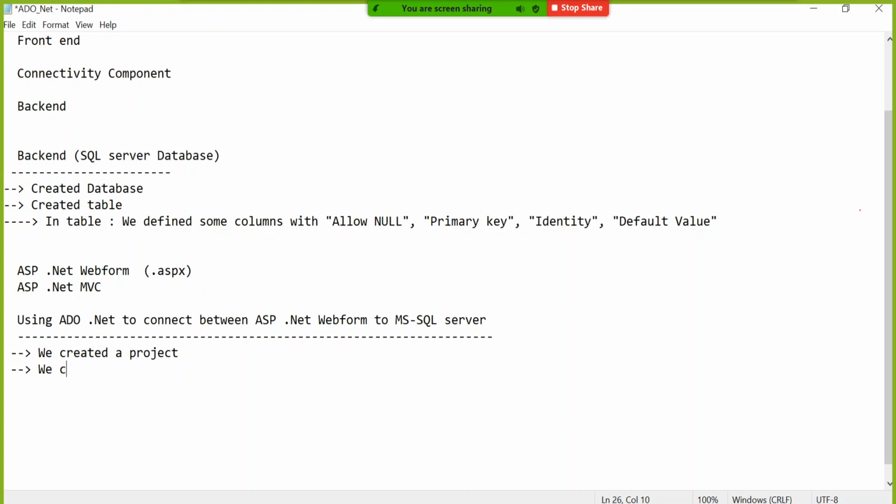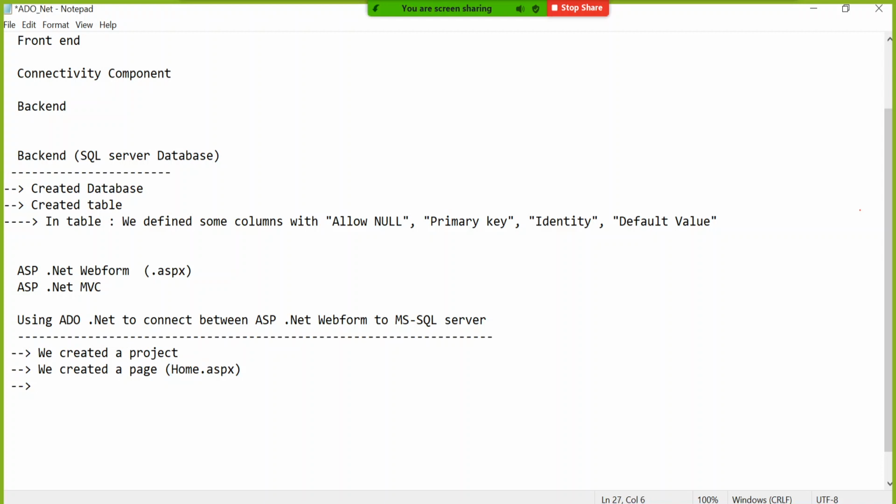We created a page named home.aspx. So we right click there and say add new page and web form. Under web form it will ask you what is the name of the page, then you give HOME and it will save it as home.aspx. You could have given it as contact us also or about us also, whatever it is. I gave home.aspx. Make sense?